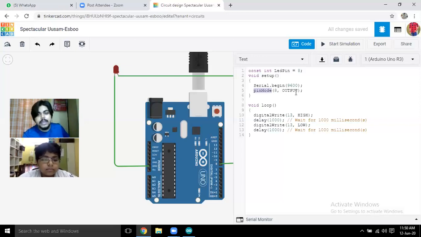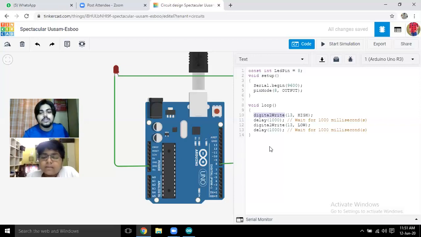So 8 is our output pin. We are mentioning the nature of the pin just beside the number of the pin. After that, in order to control the LED, what do we write? Digital write. Because it's connected to a digital pin, we are writing digitalWrite. And writing means doing something. Reading means just seeing something, but writing means executing something.